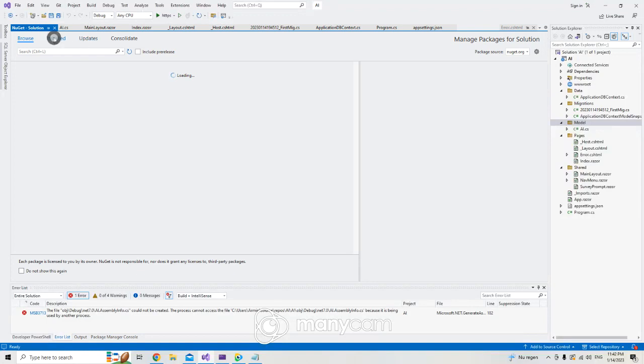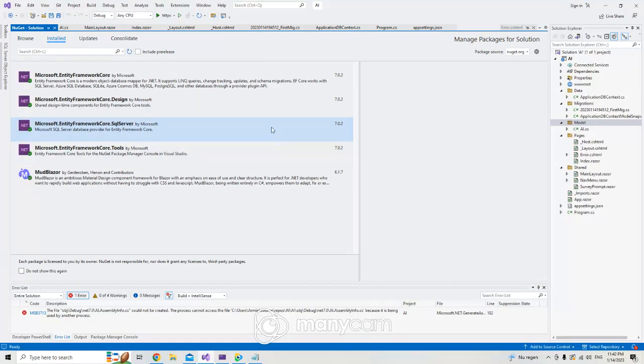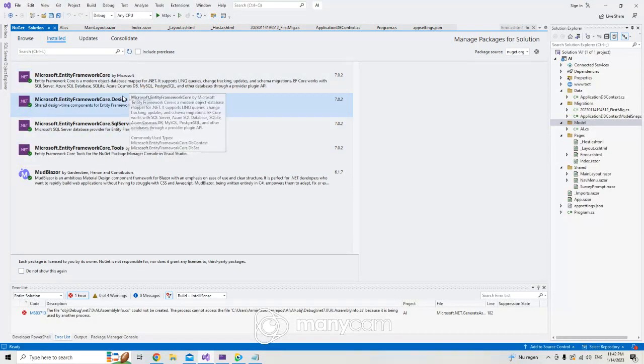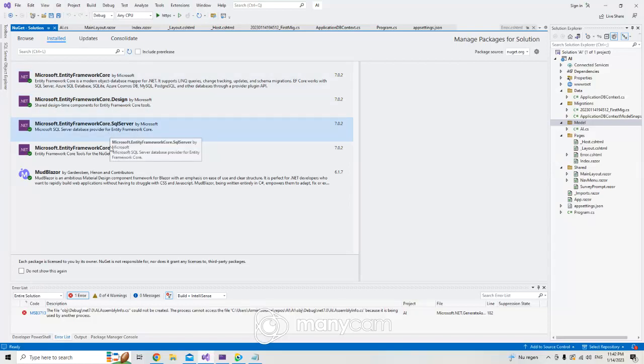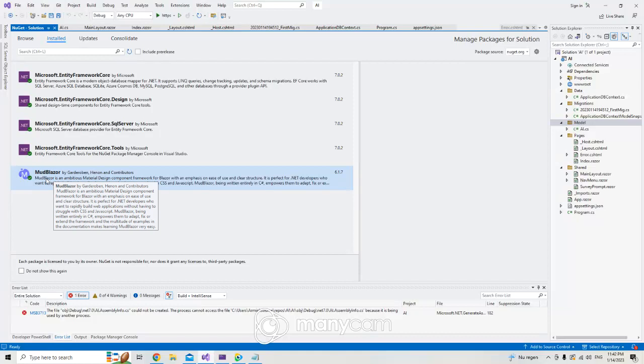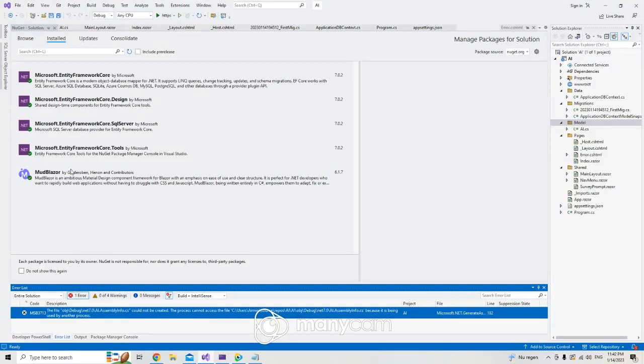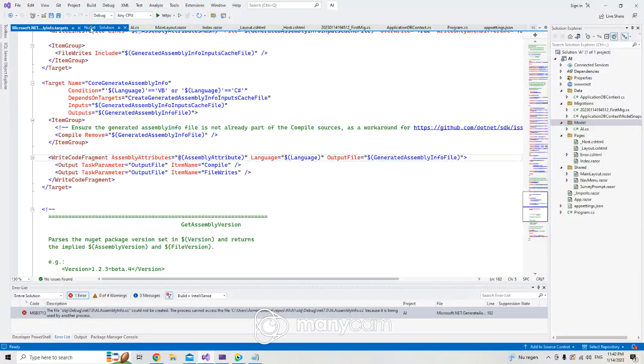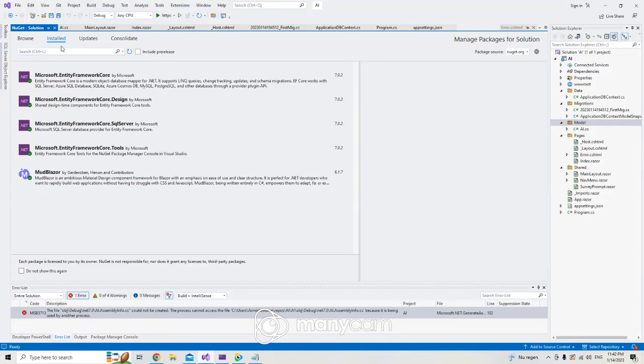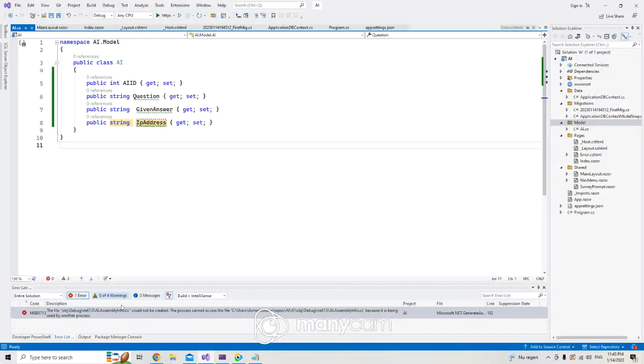These are the packages you have to install in your project: Entity Framework Core, Design, SQL Server, Tools, and MudBlazor, because I want to make a little bit of front end. You have to install that also. It's not a big deal. Here you install those, and now I want